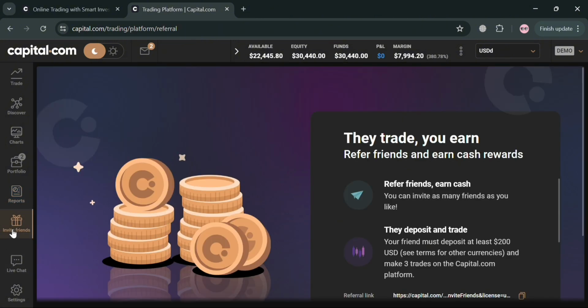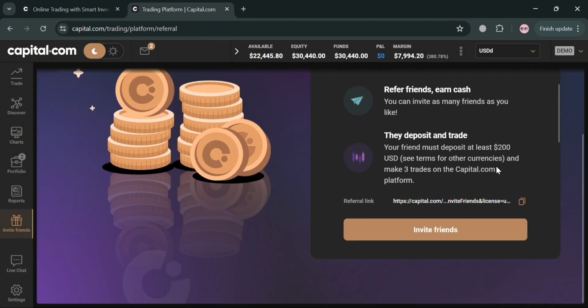Now moving on, you could also navigate here this invite friends option, in which from here you could invite your friends and start earning cash by referring a friend in here. All you need to do is simply click invite friends or even copy your referral link in here. And when your friend has deposited at least $200 and made at least 3 trades on the capital.com platform,